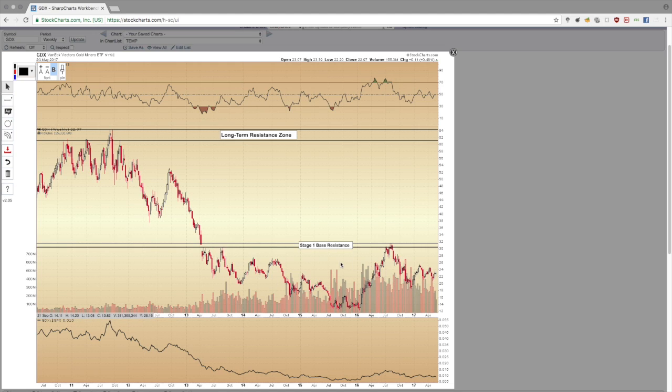Stage 1 bases tend to be the most powerful patterns to invest in, the times to invest, but they are not met with a whole lot of fanfare. These are times in which the market was moving lower, so no one's interested. There may be a strong advance, but then you have more consolidation, so people become disinterested again. But certainly investing anywhere in the stage 1 base time period is going to be very powerful when a market finally breaks above its stage 1 base resistance and starts to advance again toward a more long-term resistance zone.